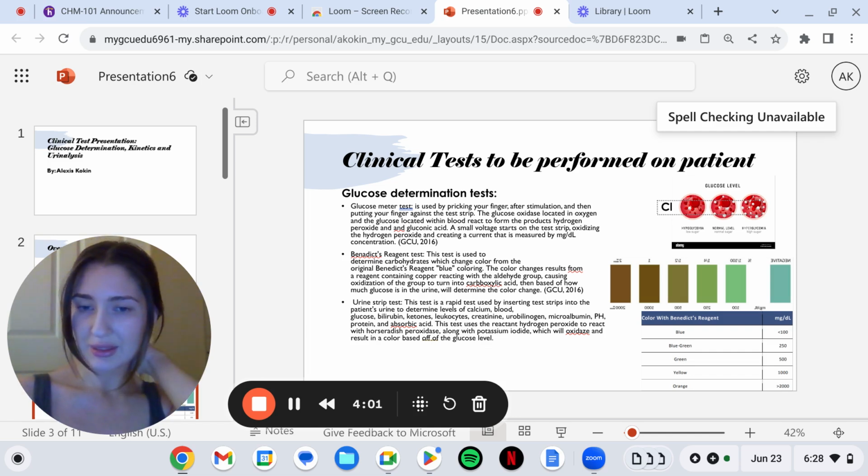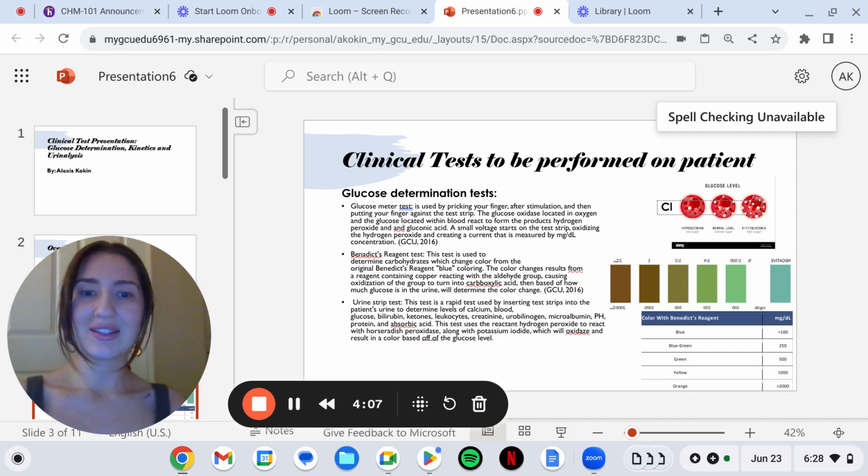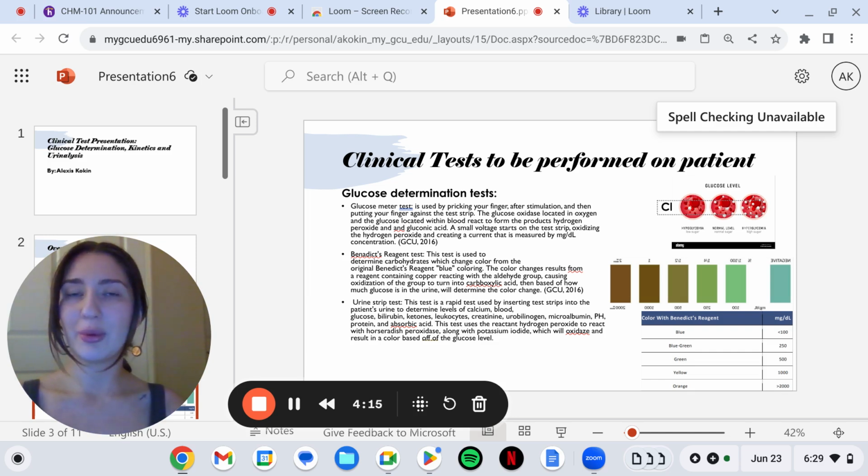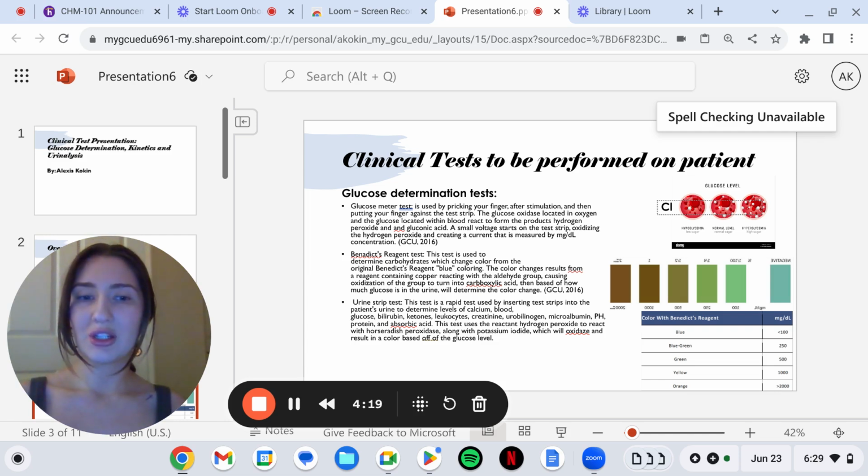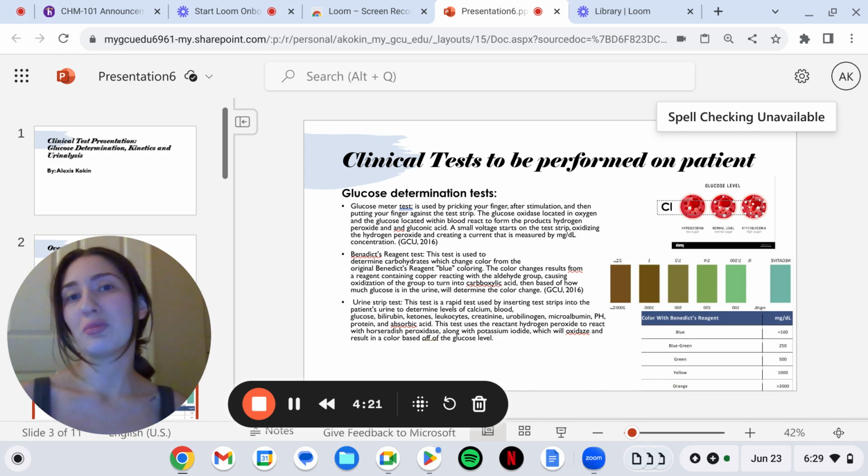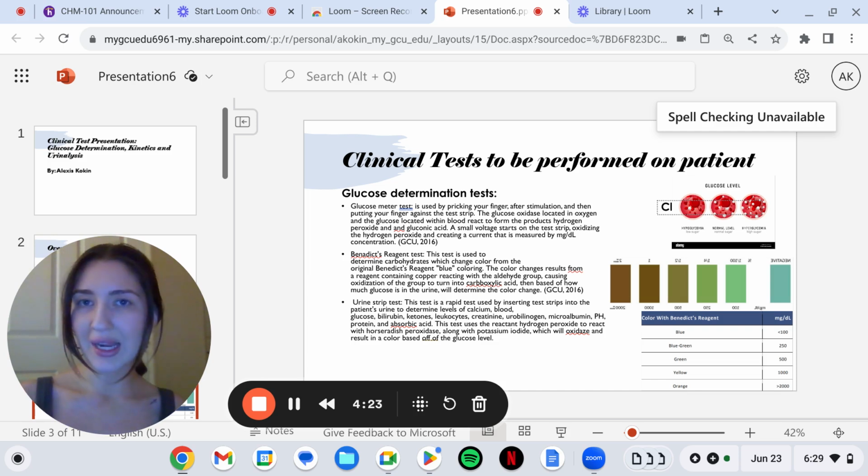The urine strip test is going to be a rapid test that is used by inserting test strips into the patient's urine to determine the levels of calcium, glucose, bilirubin, ketones, creatinine, urobilinogen, pH, protein, leukocytes. We'll be able to obtain lots of different